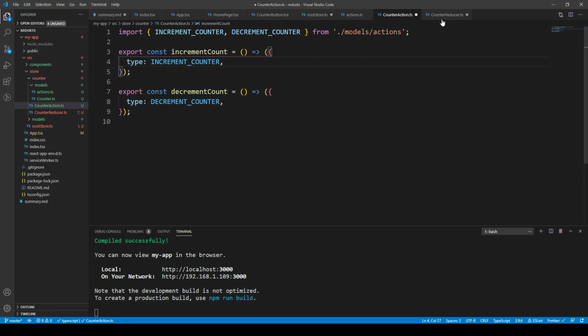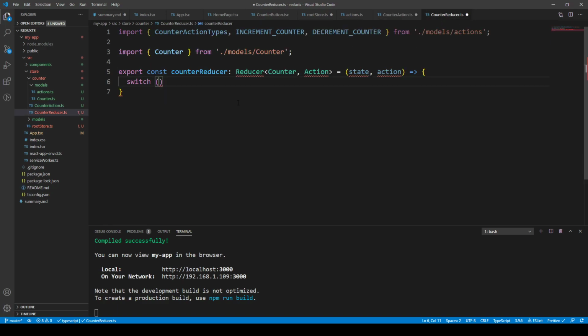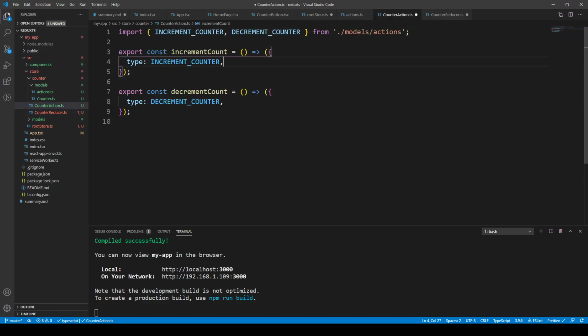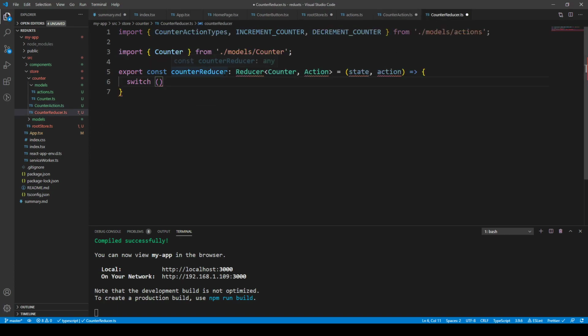But what we're doing is, from those increment counter or decrement counter actions, those actions that we're taking in here, they're going to have a certain type. They're always going to have a type, and that's how we identify how to handle the action. And we handle that action in different ways. So if we have the case that the action is the increment counter,